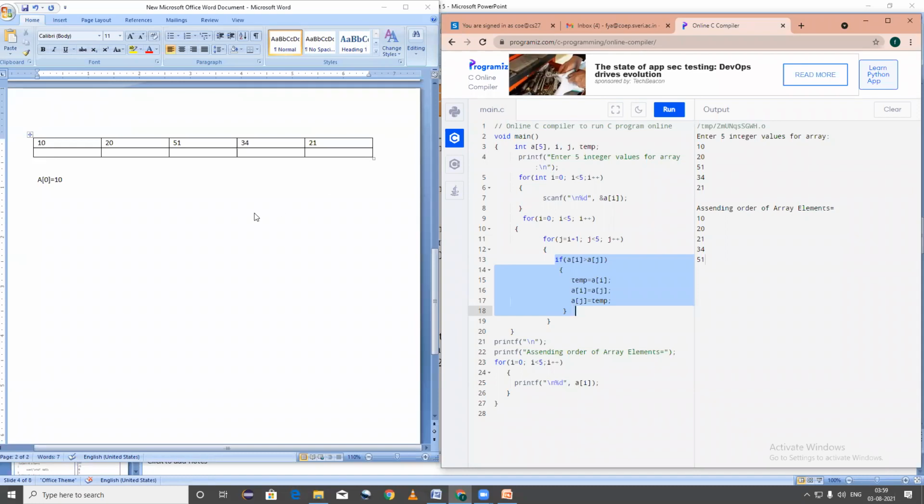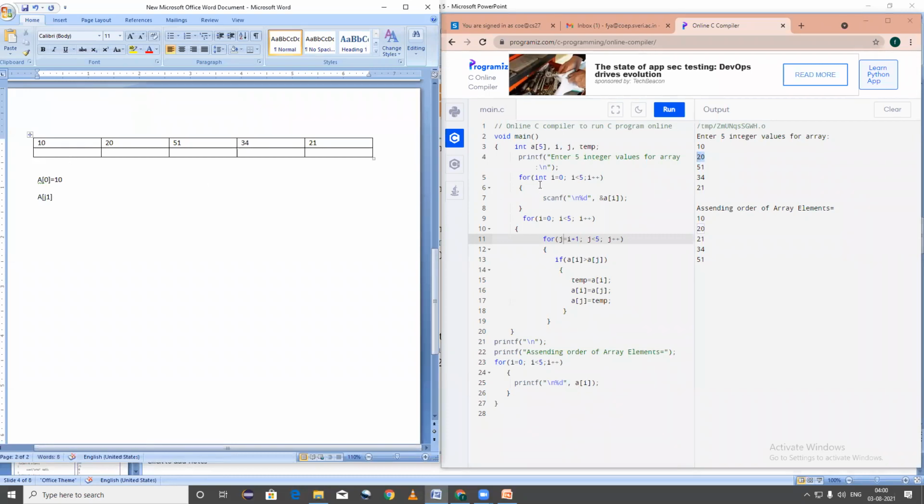Okay now check the value of I variable that is 0 and now a of 0 is 10. Now it goes here in the program 0 is less than 5, the condition is true, so my program will enter to this loop, the body of for loop. Now it encounters again one more for loop. Now here j is equal to I plus 1. What is the value of I? 0. 0 plus 1, that is what? 1. Now what is the first value? A of 1. आता इथे A of 1 ची value काय असेल सांगा मला? 20. Correct. 20. Okay, so to avoid the confusion, I will write here j1.